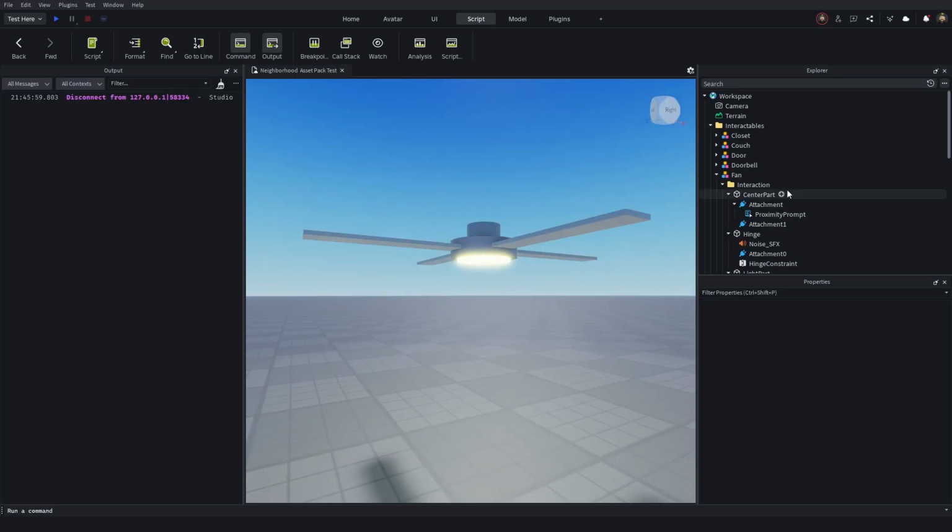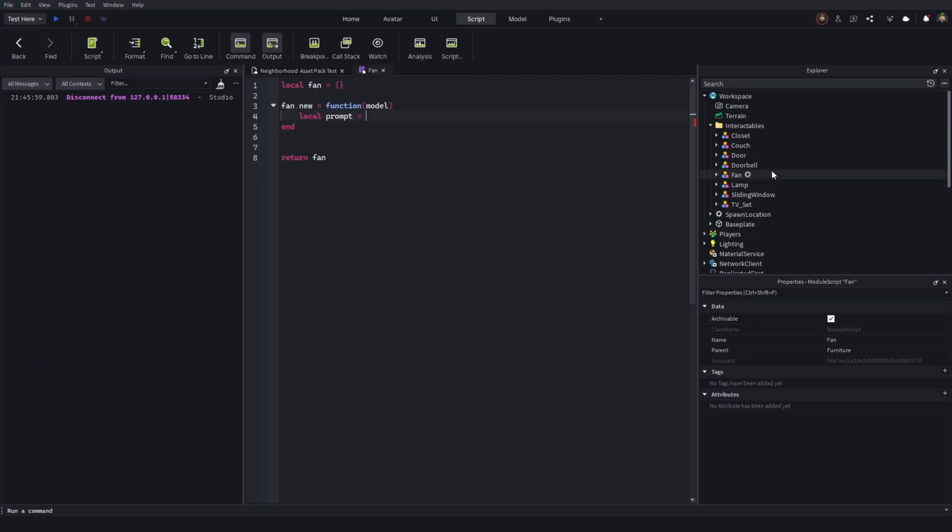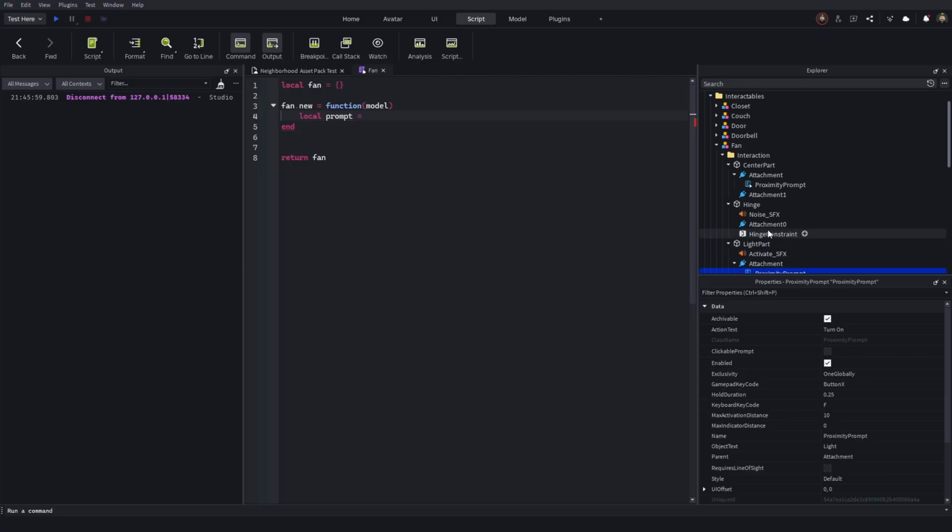So let's add some code for the actual spinning ceiling fan. Local fan. Return fan. This is stuff we've been doing this whole time. Fan.new equals function. Model is going to be passed in. Prompt. I don't want to accidentally grab this, so let's manually path to this. Let's create an interaction folder too. Actually, let's call this main. That'd be a little simpler. So local main equals model.interaction. Local prompt equals main.center